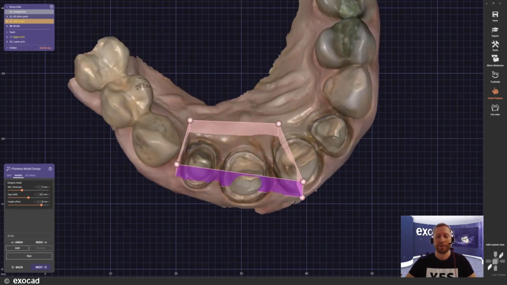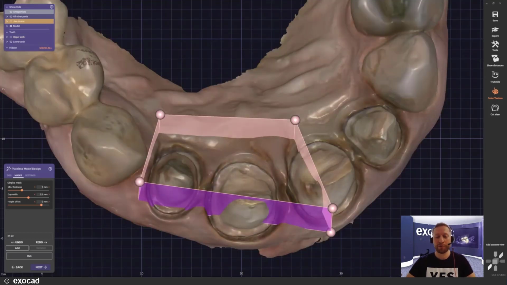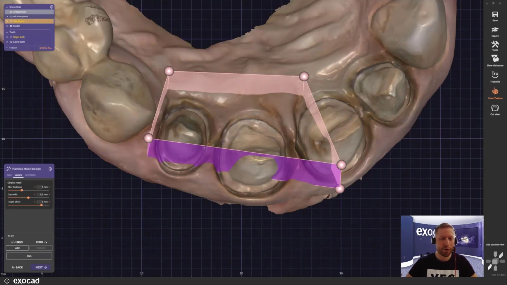And no, don't worry, you don't just have to use those 4 control points here and then try to make a shape out of that. If you hold control and you see those lines here and how it's lighting up a little bit when I cross it, if I click on it again, I can just add as many more control points as I want to.